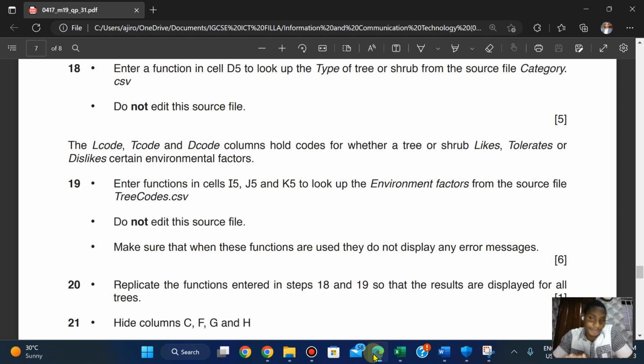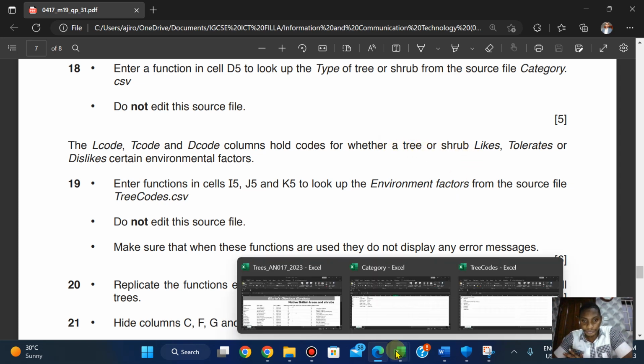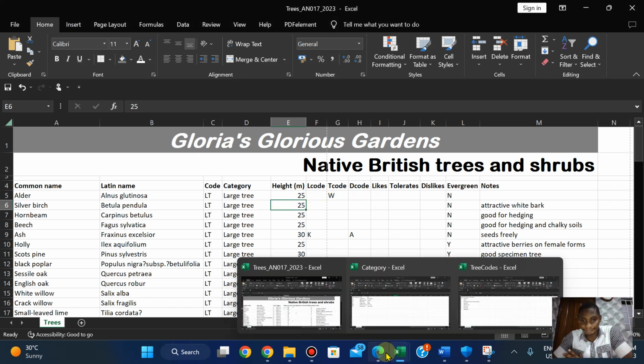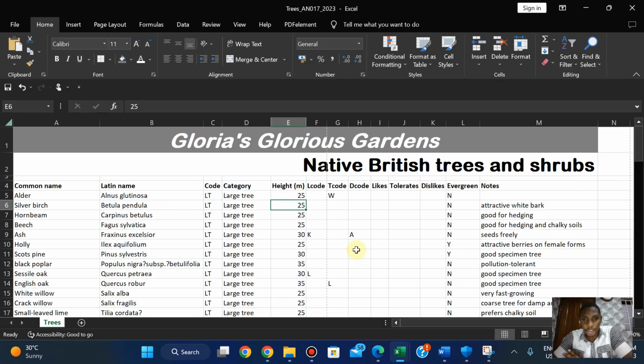Well, I don't know. I'm not a biologist. I don't do plants, so just trying to understand it. Okay, together, right? So, whether a tree or shrubs likes. Okay, so they want to know if the, let's come again. The tree or shrubs likes, tolerate, or dislike certain